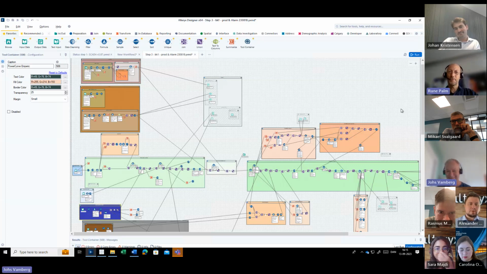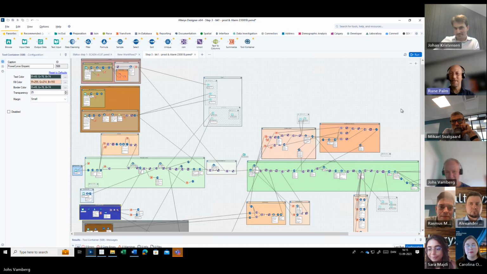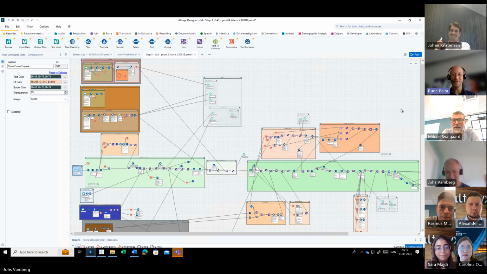I really like the way you use the colors. I always find it interesting to see how other people document in Alteryx, because, as you said, originally we were told that it was self-documenting, but we all experience that you need to make a little effort to make it usable for others. But I think a workflow of this size is maybe a little too complex.